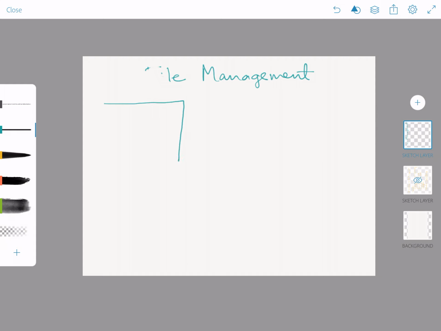So we'll pretend this big box is our main folder. We'll say we're still working on Sarah and Daniel's wedding, so S&D wedding. Then within that folder, I will have